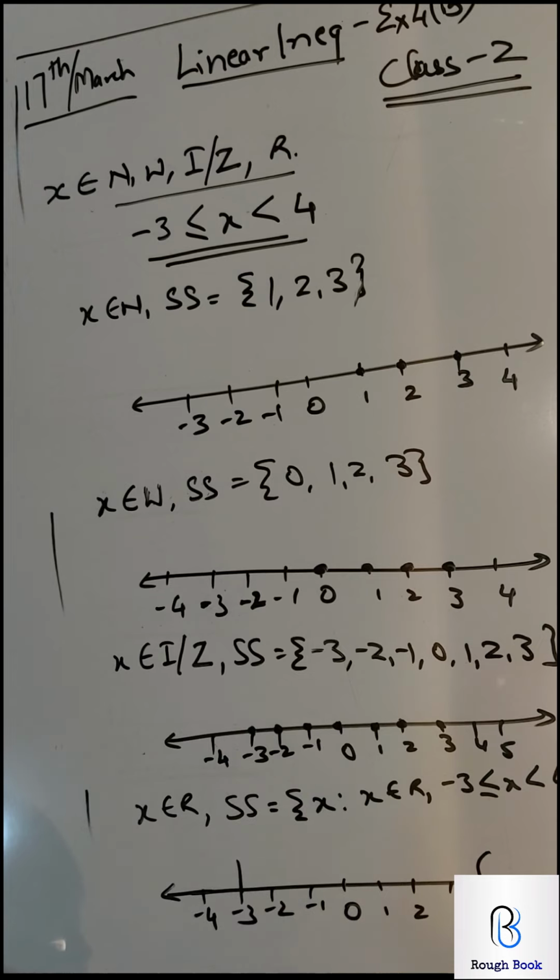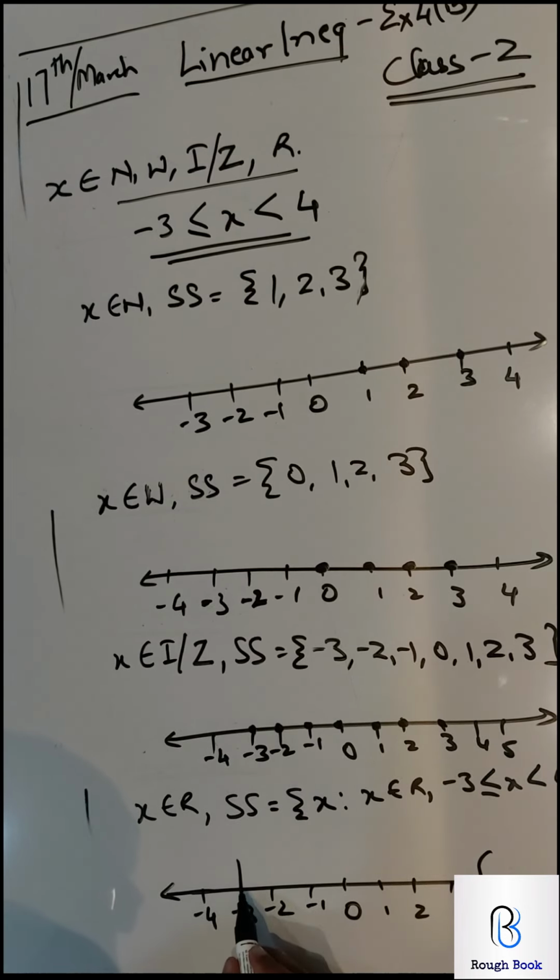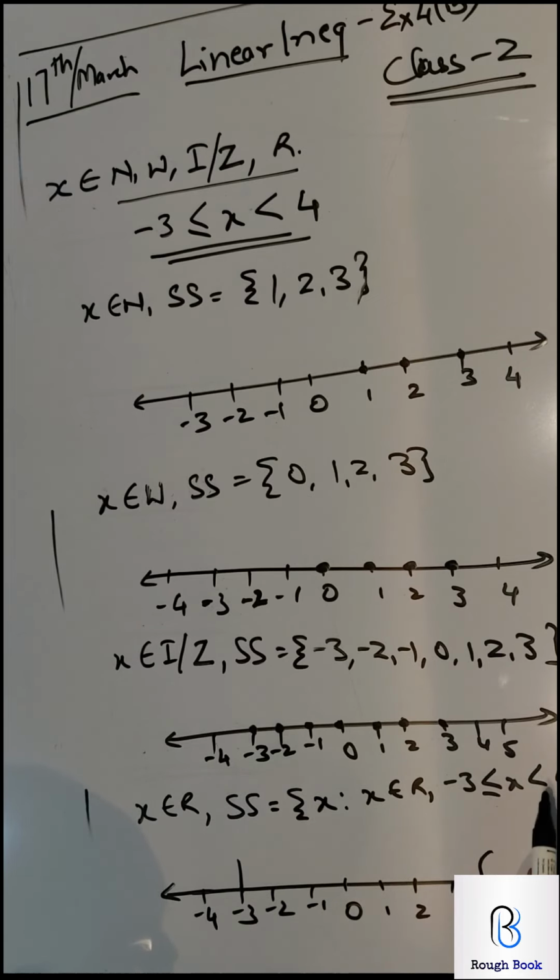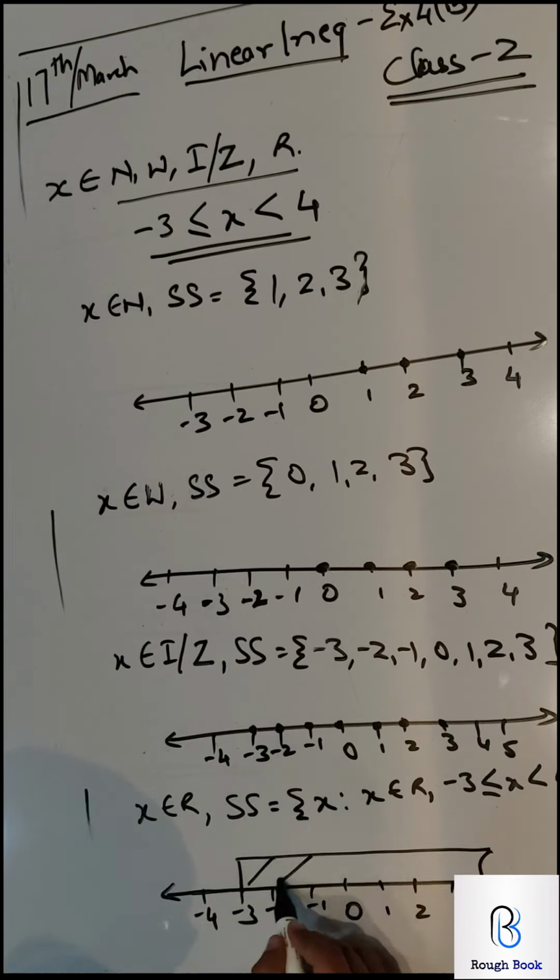So you use the IC method. There can be different methods. Another method is a full dot and a hollow dot. That's what the textbook shows. But we will stick to the IC method because that is easily recognizable. So I is what we put when it is inclusive and when not inclusive, then you put C. You join the two of them and we shade it. So this becomes x belongs to R.